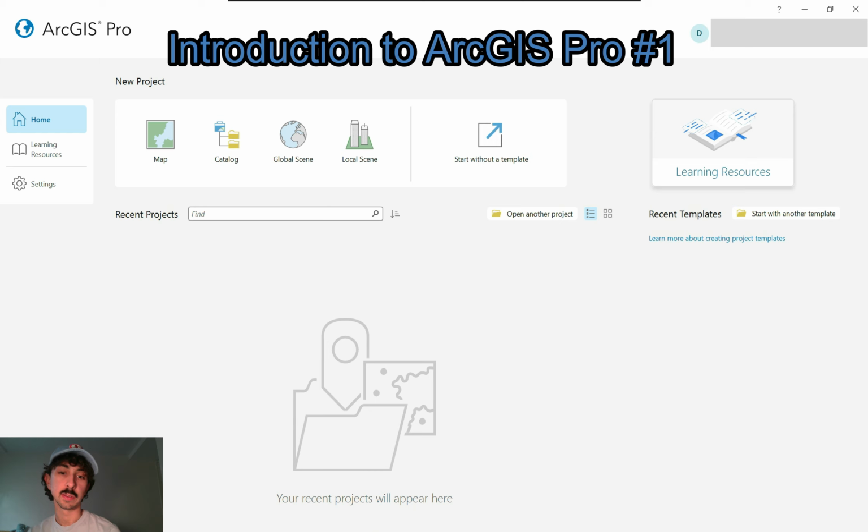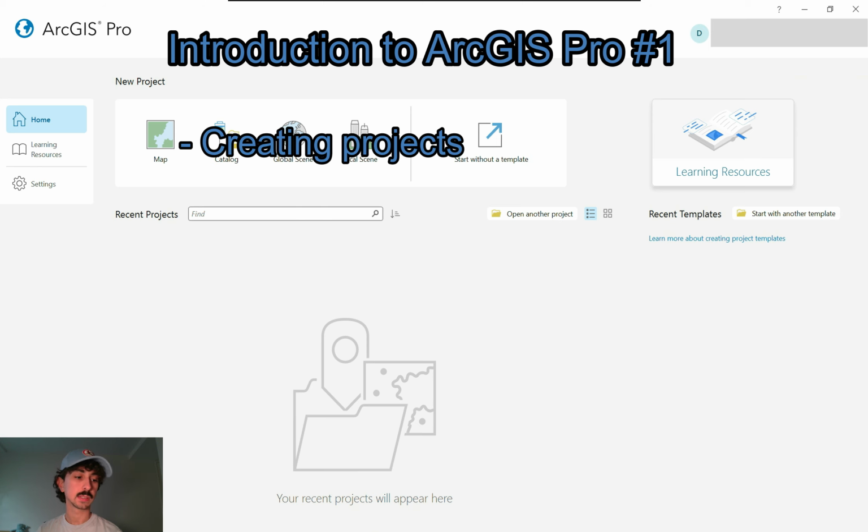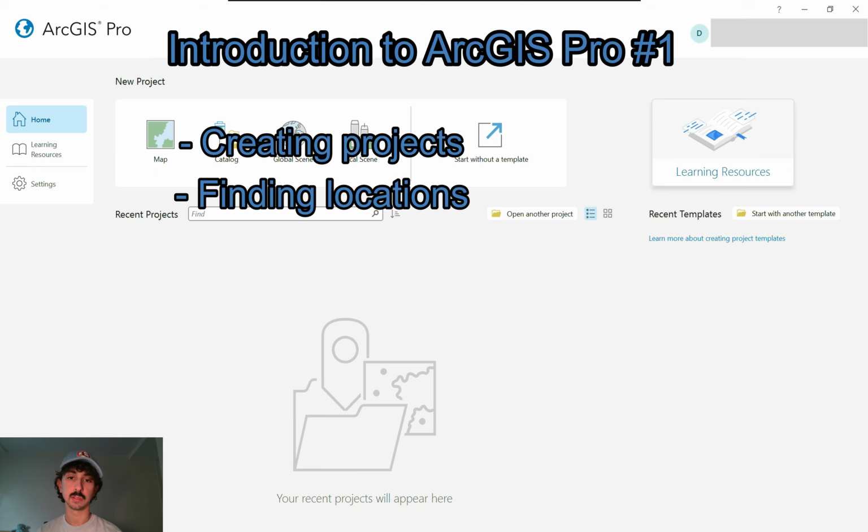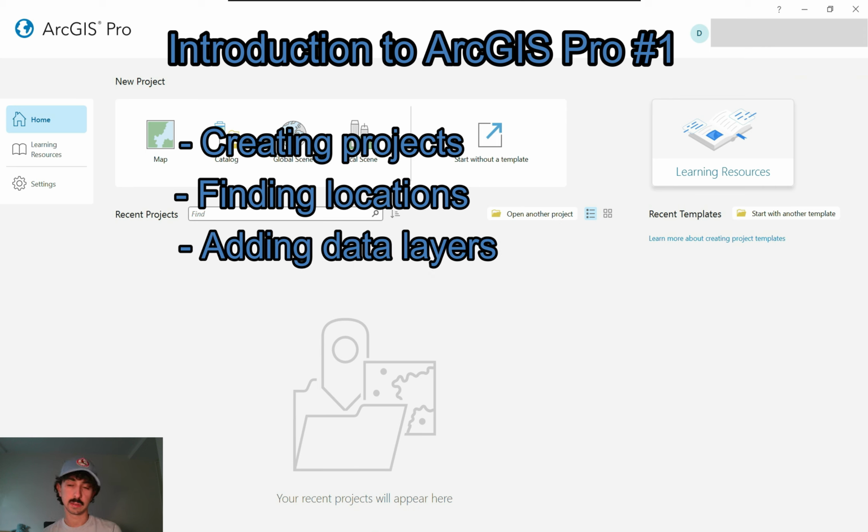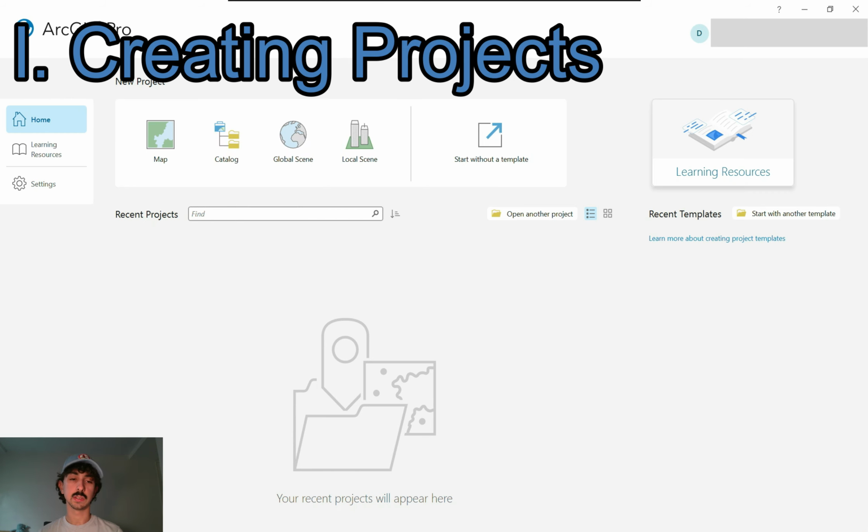Today I will be showing you the very basics of ArcGIS Pro. This includes creating a project, finding locations within your ArcGIS project space, and adding data layers, and some other key things for beginners. So, to start a new project, you're going to see these 5 little icons here when you